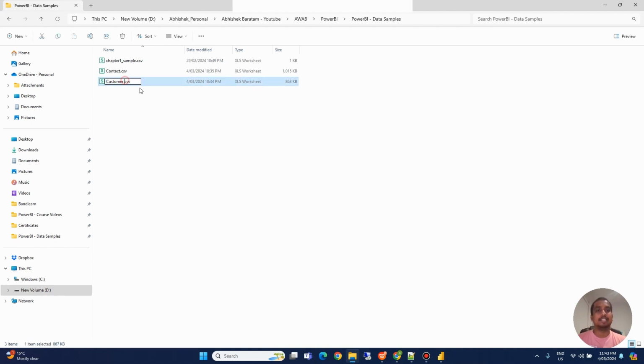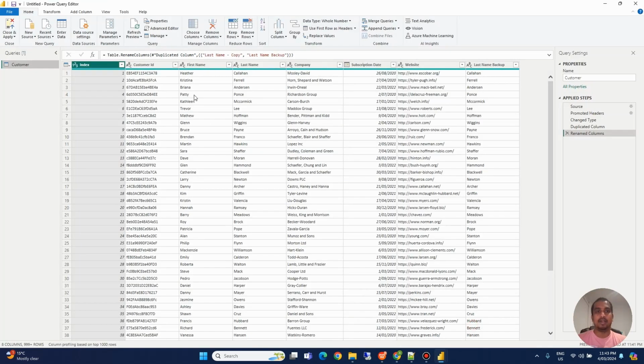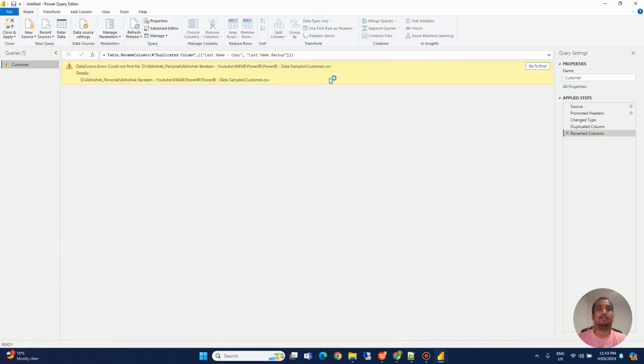For testing, let's change the name of the file to customer1. Saved it, and let's go to Power BI Power Query, and click refresh preview. What happened? It is saying there is a data source error, which means the data source that we earlier imported into Power Query is not available in that folder. That's what we'll have to change, and this is called